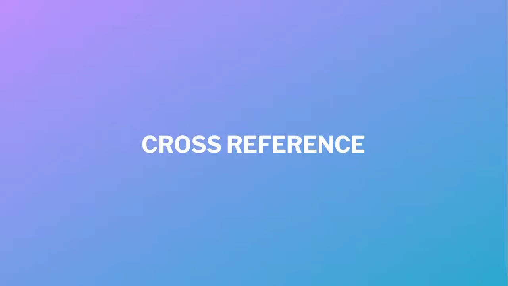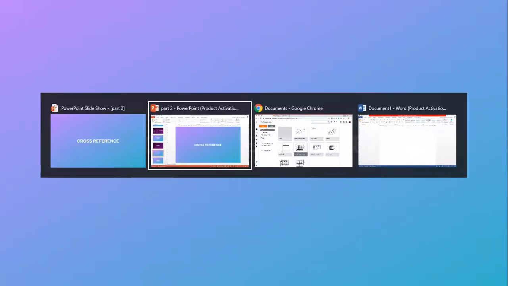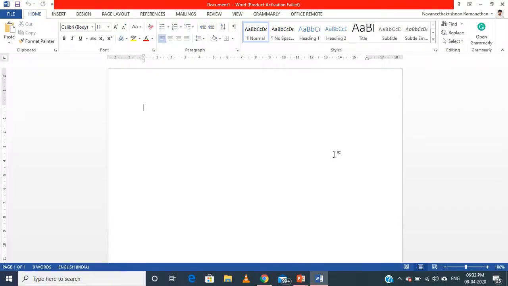Next we will see cross referencing. While including figures, tables, graphs, and charts, you need to give numbers and captions for them. Also in the text, while explaining, you will refer to that particular image or table, like figure 1 shows, figure 2 represents, and table 1 represents. That is known as cross referencing. Manually, you can give the numbers and captions, but there is also an option to automate this in MS Word.